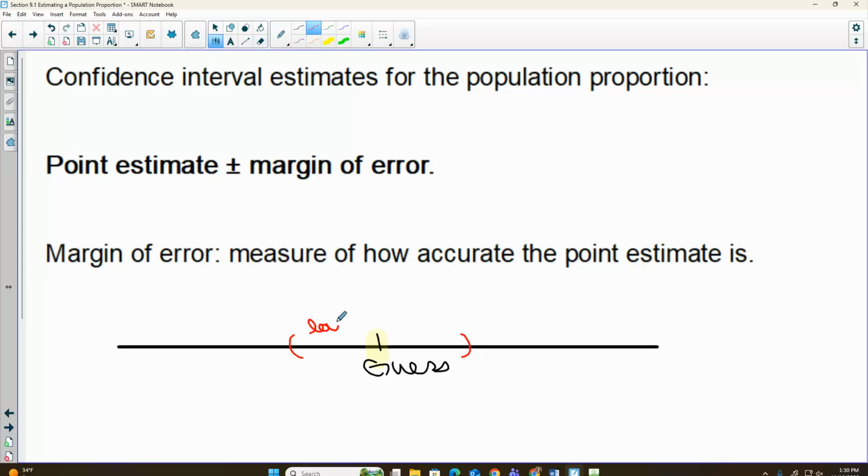This one would have to be a lower confidence than this one. So the bigger my window is, the more confident I am that the true value falls in there. If my window is really small, I'm less likely to include the true value. Big windows are more likely to have it.